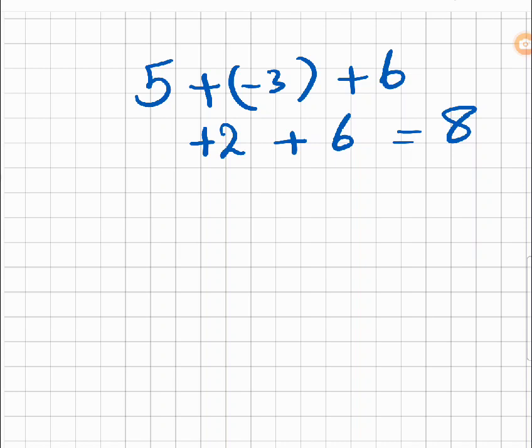Next, we need to add 2 and 6. So we have to travel 6 units to the right, starting from 2. So this will take us to 8. 2 plus 6 is 8. If you count it, this is starting from 2. This is 1, 2, 3,